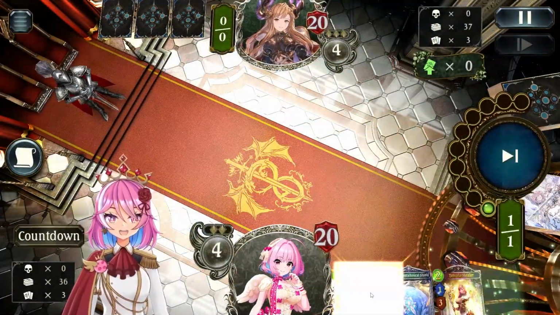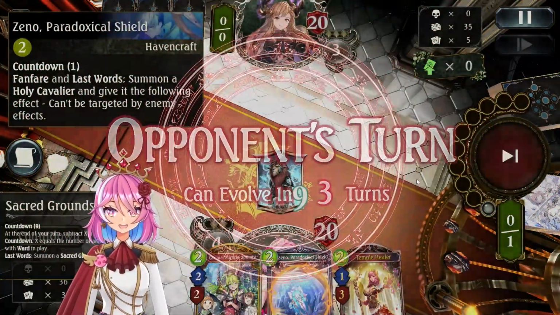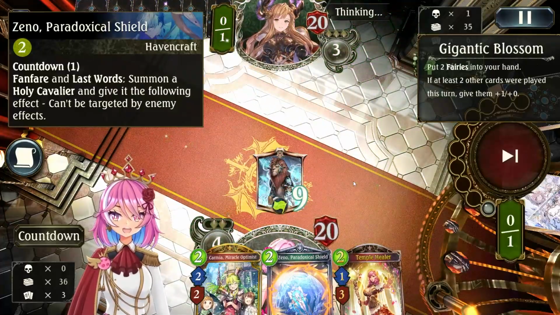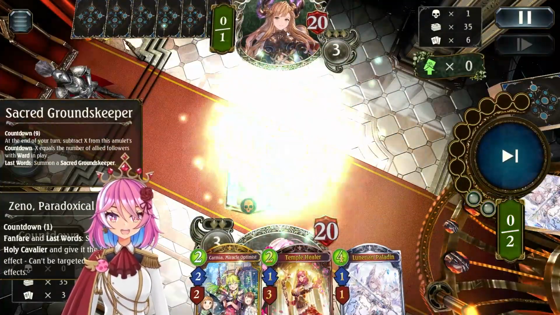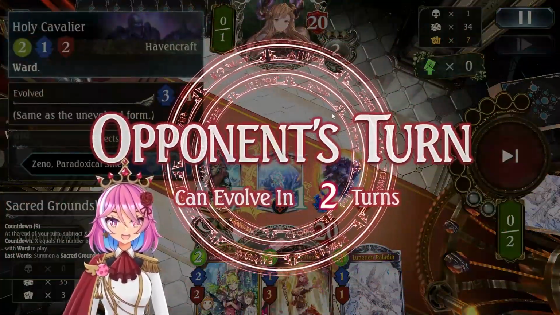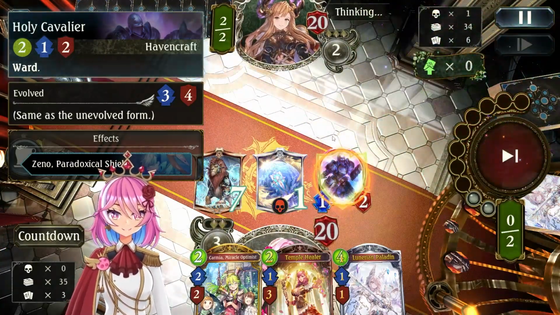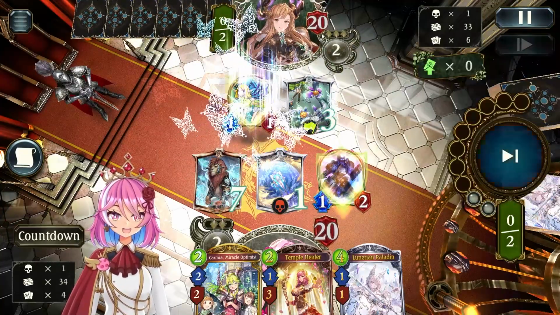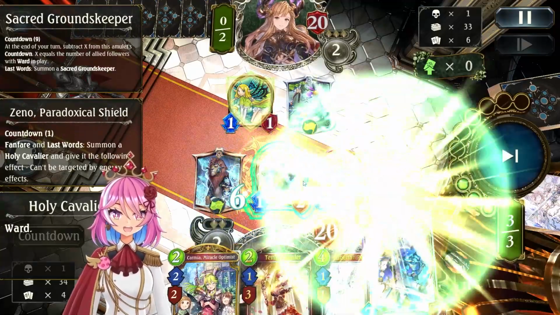So we get to play Sacred Groundskeeper here, and the power of Xeno Paradoxical Shield will be shown soon. The thing is, with Xeno's Paradoxical Shield, because the Holy Cavaliers can't be targeted, their Blast Fairies are completely ineffectual here, so they actually have effectively no early removal for this, other than actually playing followers. And because most of their followers are 1/1s early on, except like Alberta, we can effectively just trade into it with our